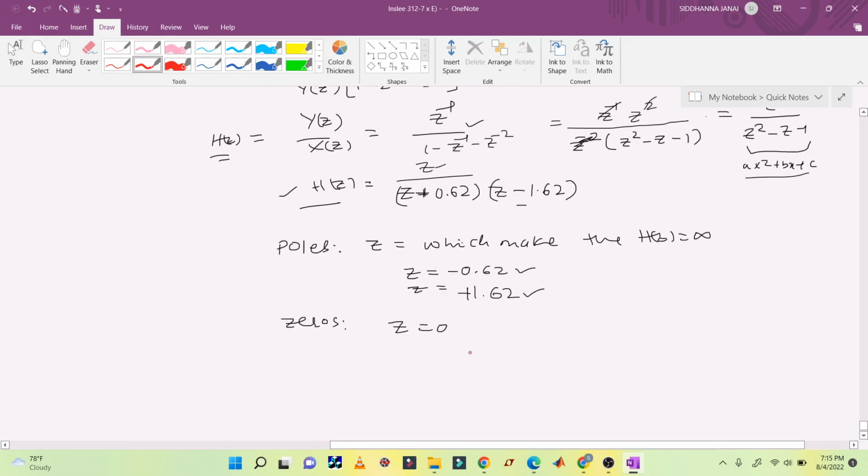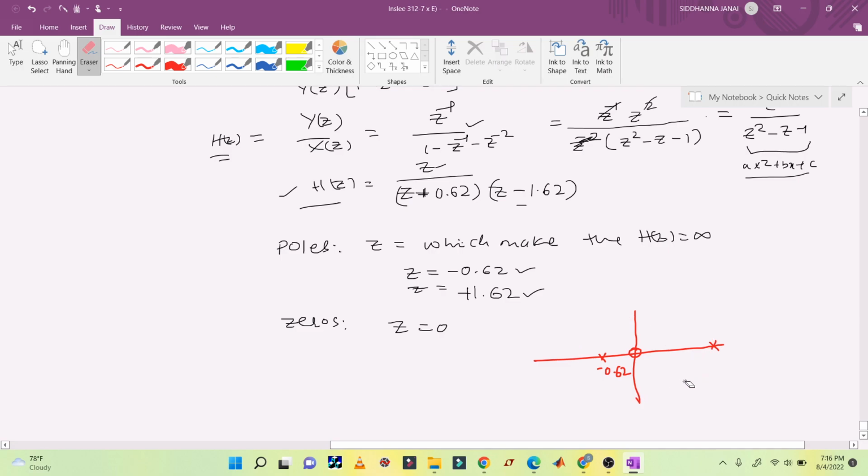Now let us write the ROC. ROC is 1, 0 is here, and there is a pole at minus 0.62. Say this is minus 0.62. There is another pole at 1.62. This is 1.62. And since